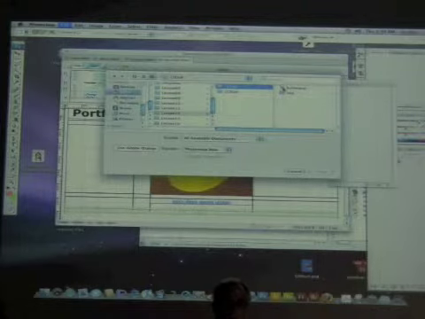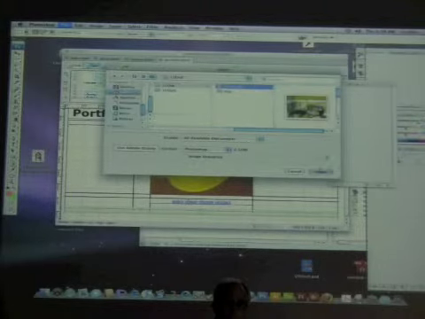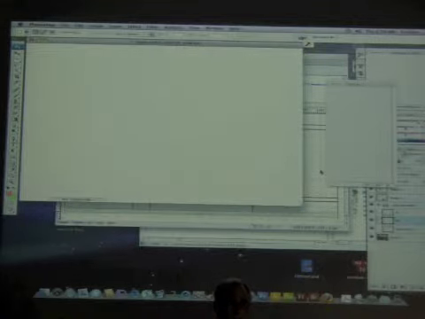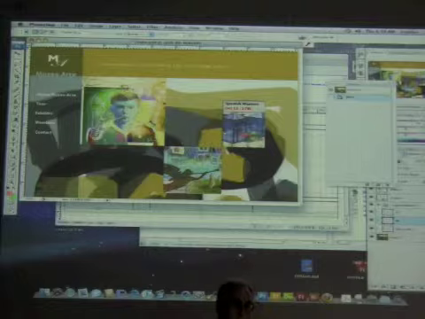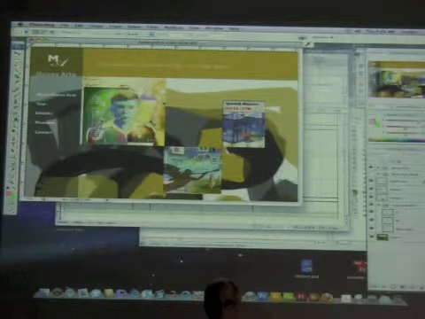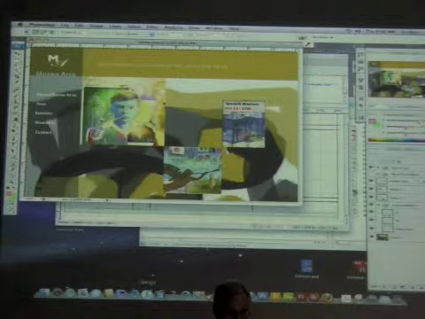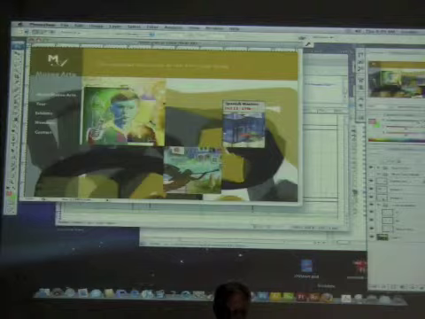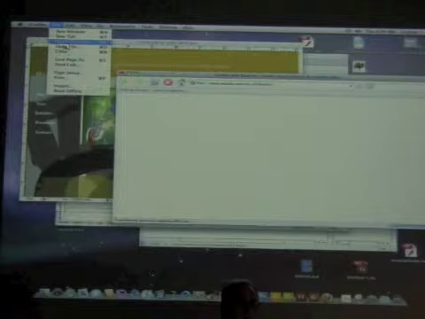So let's look at the very finished product. And you can see the page that was laid out in Photoshop. Here's our home page. Okay? Graphically rich, right? But it's broken down into lots of different parts. If I look at this in layers, and actually we should look at the site so you can see, let me open up the final product as well. I'm going to go to my browser, and I have Firefox open. I'm going to go File, Open File,